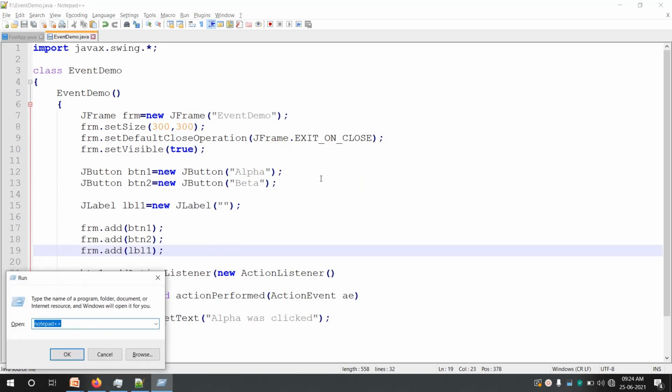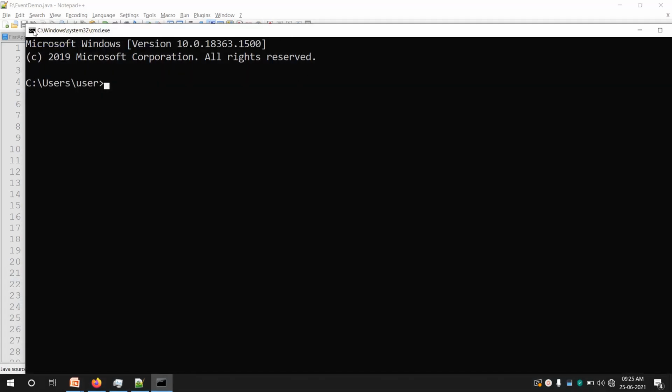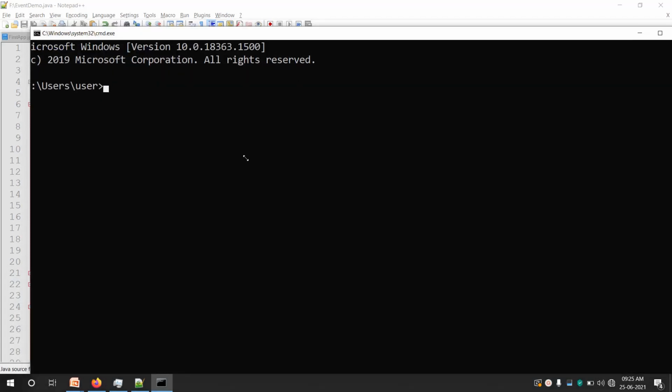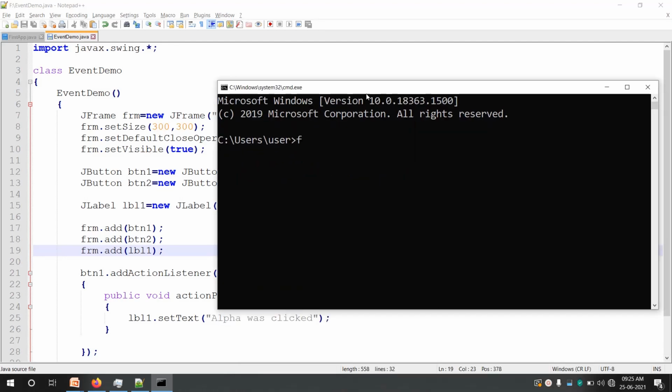So let us compile it. Again open cmd, go to the F drive, then javac EventDemo.java. Wait for it to compile.